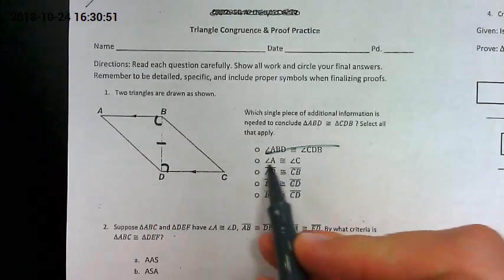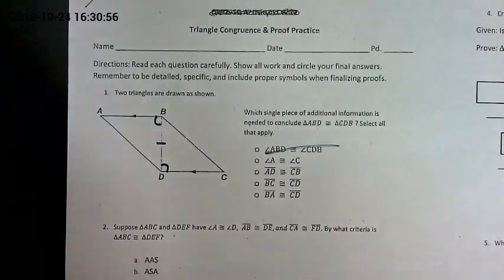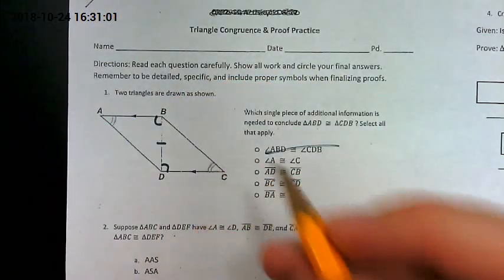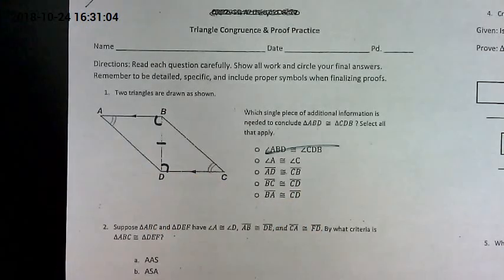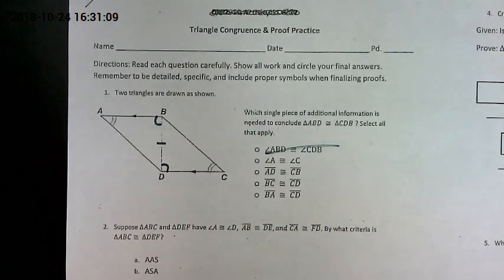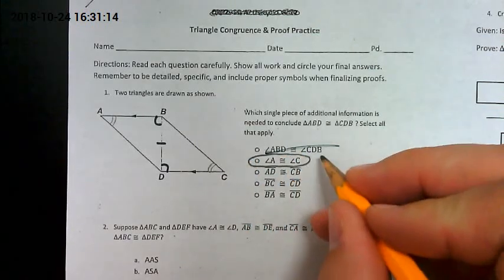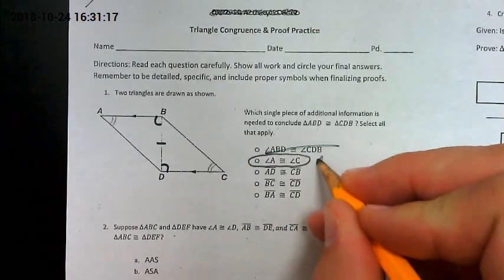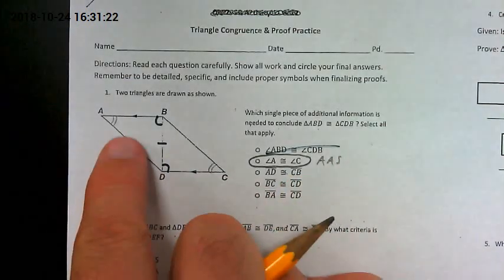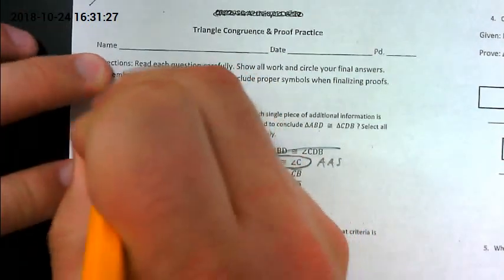Angle C and angle A are congruent. That'd be this angle and this angle. Well, I'm going to go ahead and use a pencil because I don't want to leave it on here permanently. But if I have this angle and this angle, those two being congruent, now I have an angle and a side in each one. Two angles and a non-included side, that's AAS. So this would work because I would be able to say by AAS. Now, it doesn't ask you to do that part, but again, I'm just going to write it down there so you understand. That's what would allow us to say that they are congruent. Now, let's go ahead and erase that part because